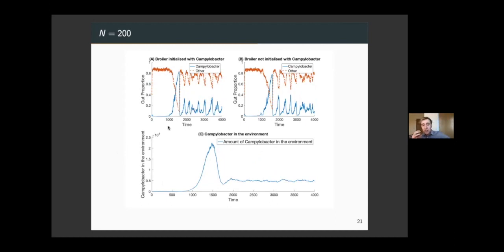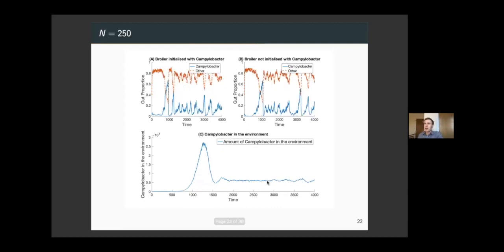What's happening here? We have so many birds with an environment that is so enriched with Campylobacter that our chickens are constantly having this endemic rate of Campylobacter thrown at them. They're not going to be able to clear it, because even if we look at some of these graphs where the blue line, the amount of Campylobacter, might hit a really low amount, it doesn't matter because there's so much Campylobacter in the environment, they're picking it up again anyway. This constant flat line of blue, the Campylobacter in the environment, represents an endemic effect of Campylobacter being applied to the flock.